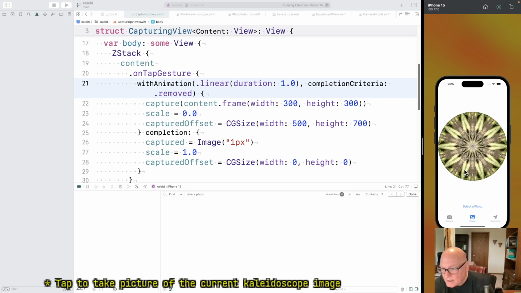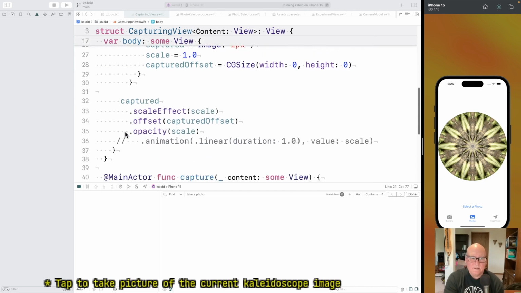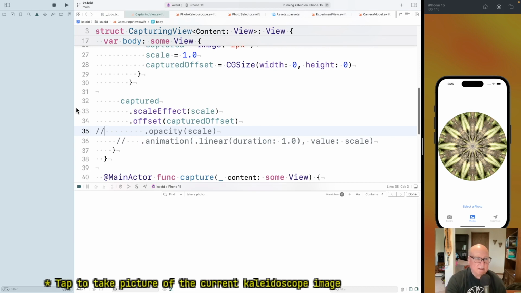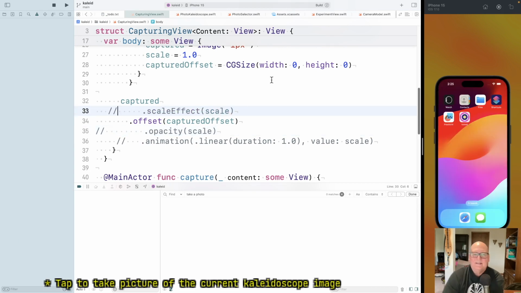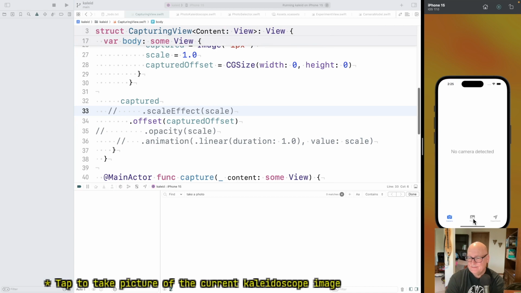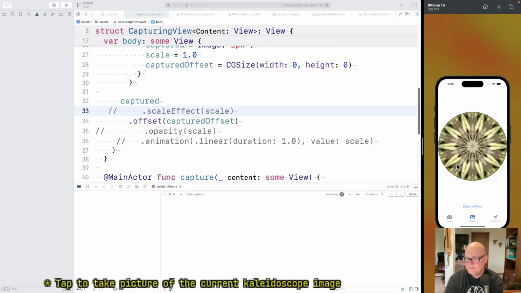Yeah, maybe it's not. I don't know. Well, it is now. I put opacity in. Let's take that out. It's just complicating it. Actually, let's take out the scale effect too. Let's isolate. And yeah, we're kind of back in an experimental mode. Okay, well that seems to be